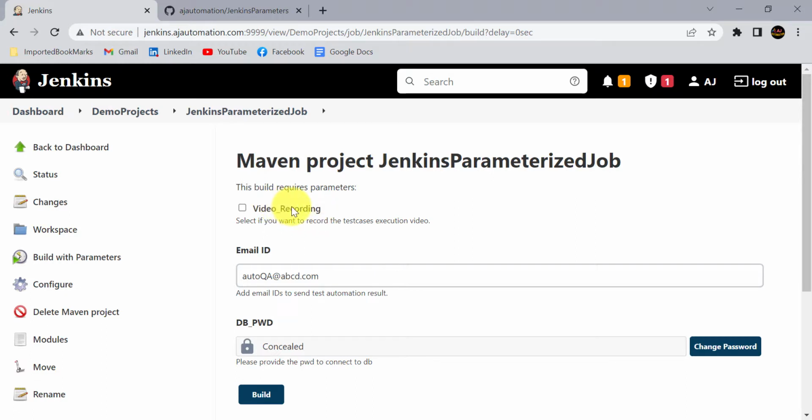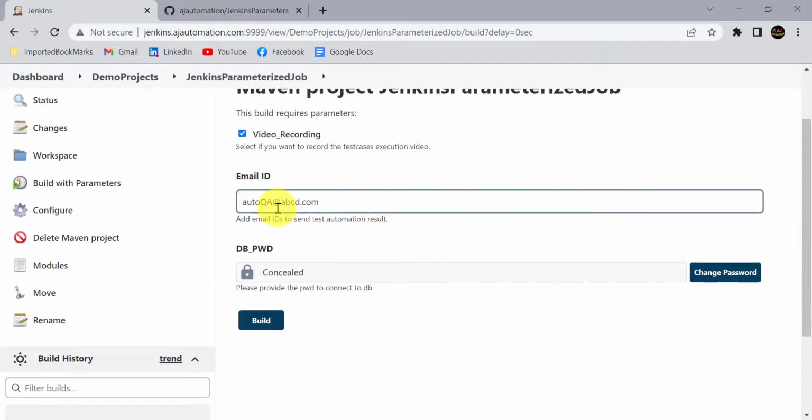Okay, so let's say I'm running my automation. I want to record the video recording. So I will select this checkbox. Okay, that means value for this video recording parameter will be true. Okay, then email ID, by default email ID will be displayed here, whatever you have provided in the configuration. So you can add the multiple email IDs separated by the comma here. Let's say tester1